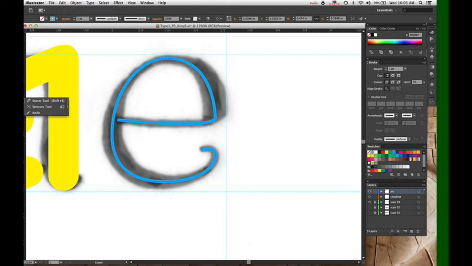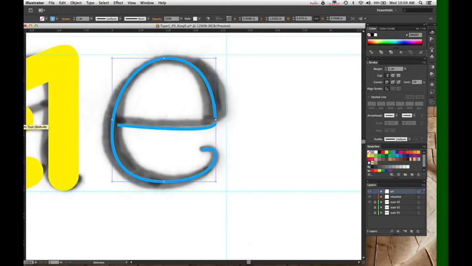There's a scissors tool, and it's hiding with the eraser tool in the palette. So with the scissors, you can click on a particular point that will cut your strokes at that point. Now you can see my crossbar is a separate piece from this outline. Now, getting from here to what I've actually drawn, I'm going to use the width tool.